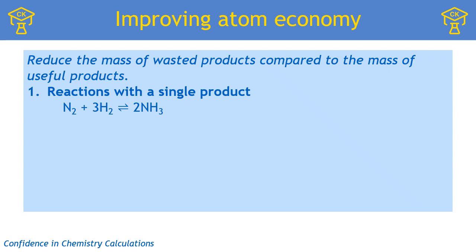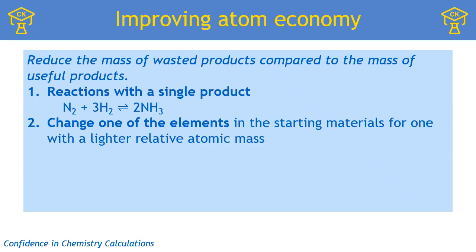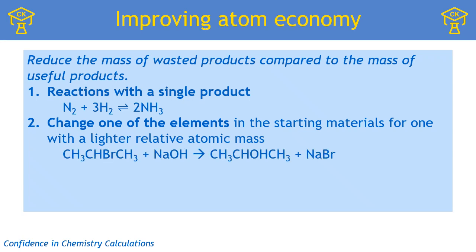So what else could we do? Because with a lot of reactions you just can't make what you want as a single product. Another option is we could change one of the elements in the starting materials and thus in the waste products for one with a lighter relative atomic mass. So let's use this example here. We're using